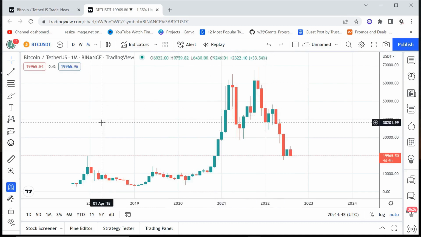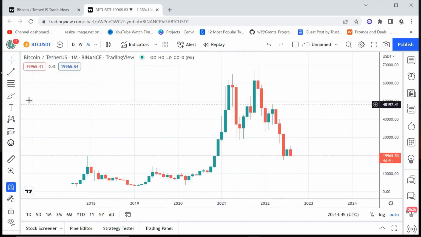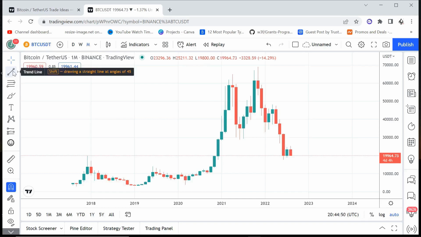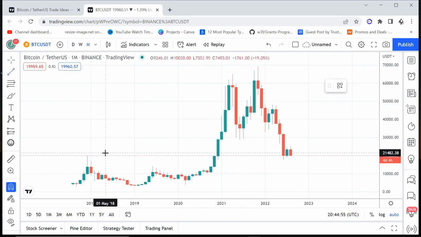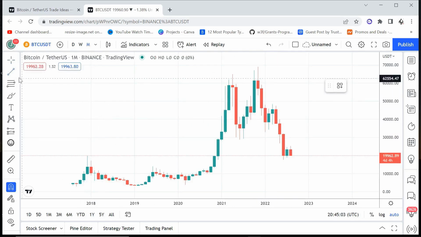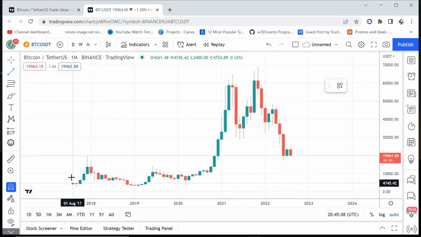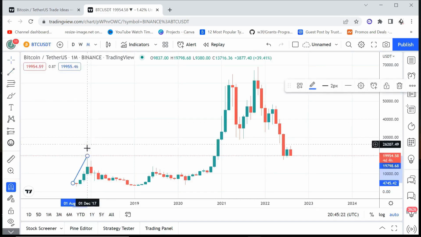If you want to draw a trend line, come here to trend line. Okay, so you can start drawing trend lines from here. You can format your trend line, select your trend line, and let's have this trend line first. Okay, so we're going to change the color of this trend line to green, because it's going up. It's a bullish